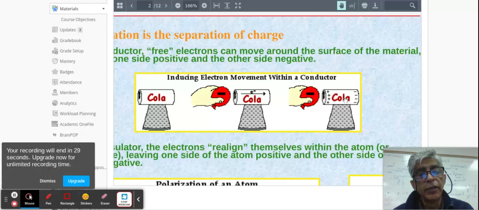What's happened, again, is that the charges have moved apart from each other. How did we make that happen? We brought a negatively charged balloon close to this can. The moment we did that, electrons from here said, we don't want to be near you. So they zip over to this side, leaving behind a bunch of positive charges that we see here, and this part becomes negative. Okay. The second video following this one